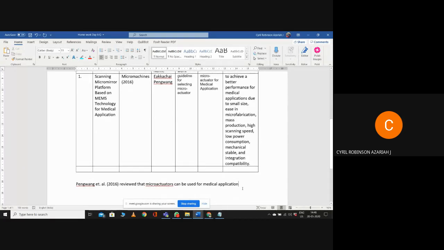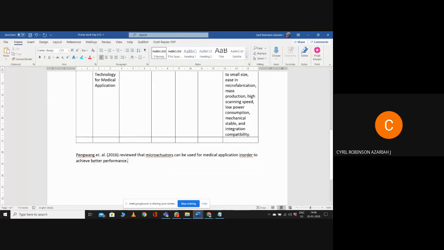So with that we are going to write, in order to achieve better performance. Okay. Instead of better performance, you can paraphrase the words and write. That also you can do. Or you write like this. Okay. And you can add some more points to it.